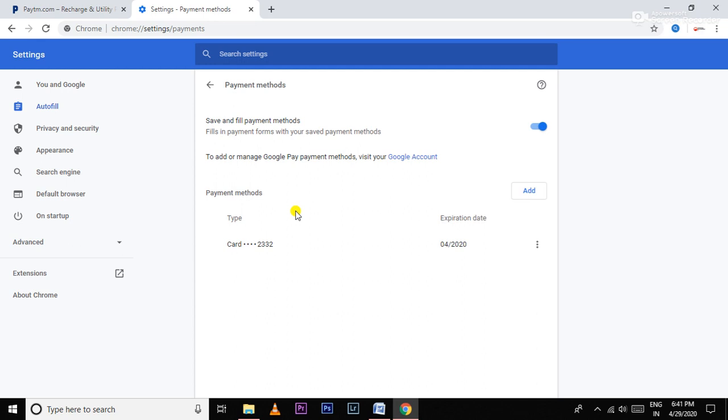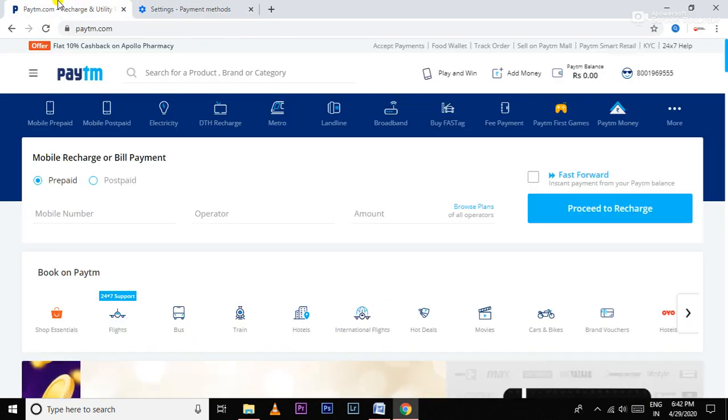This is why, because let's say that there are 5 different websites from which you want to purchase something or make payment. So on 5 different websites, we will have to enter the details of your card. But once you have logged in with the Google Pay account, you can save the card details at one place in Google account, and once the details are saved, you can use the same detail for any purchase in any website. Okay, so instead of repeating the process, you can save it once in the Google payment setting.